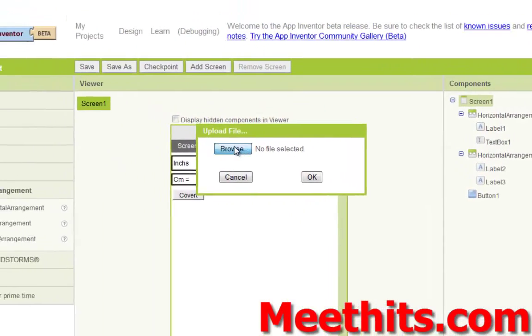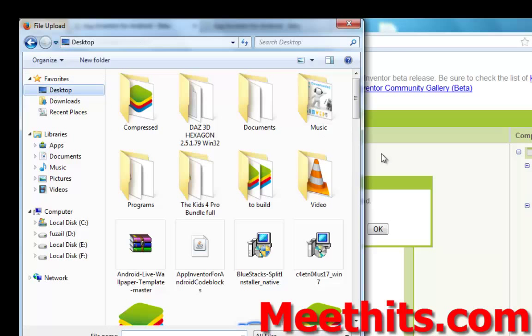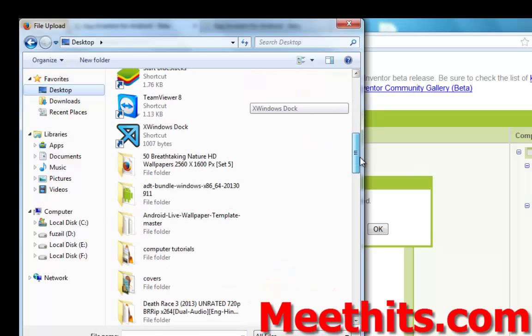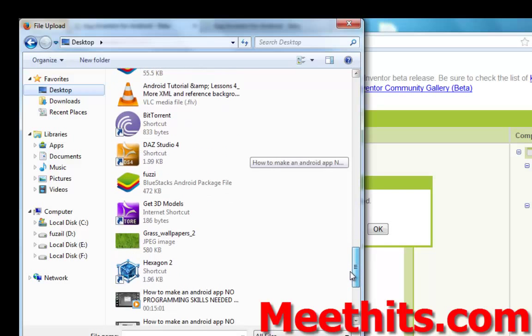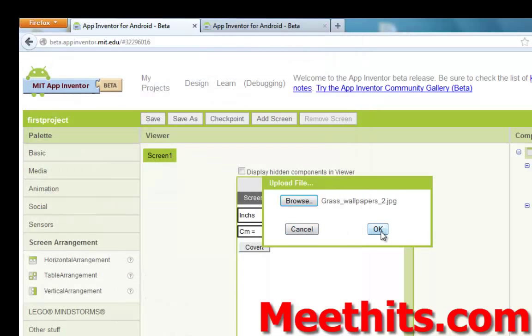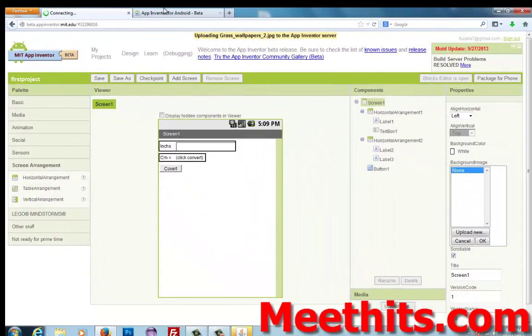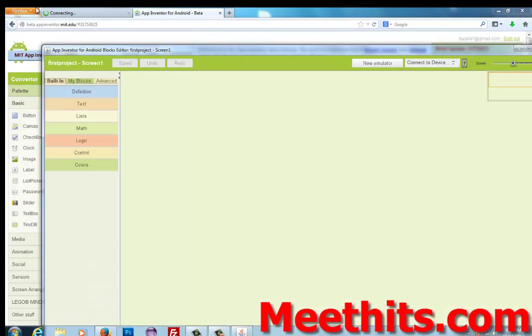I just upload something that looks good, something like grass or anything you want. Okay, I uploaded a grass wallpaper. Let's come to this.